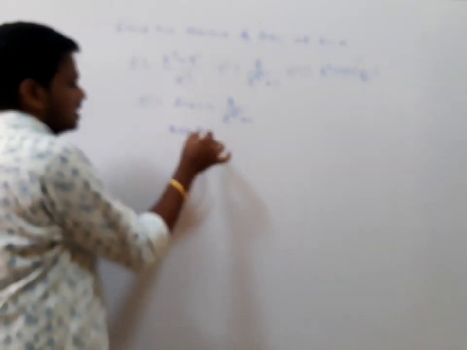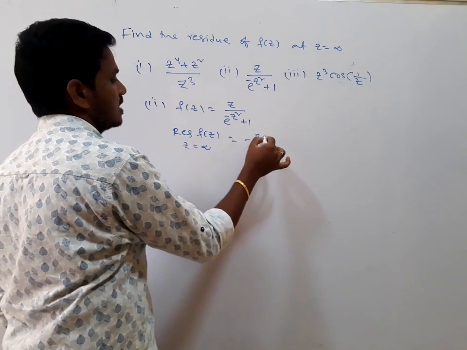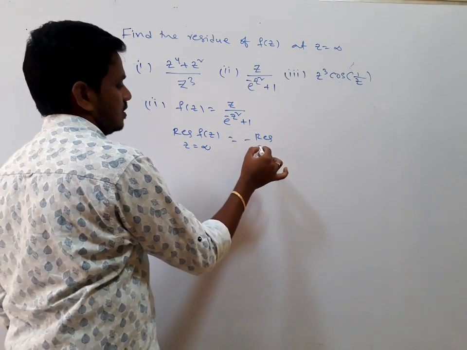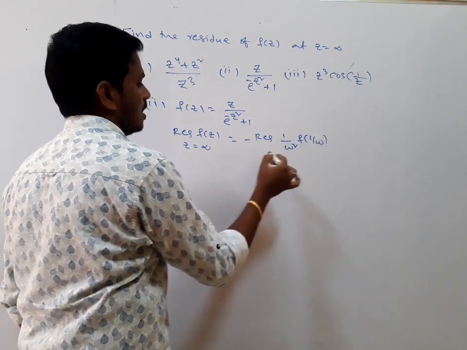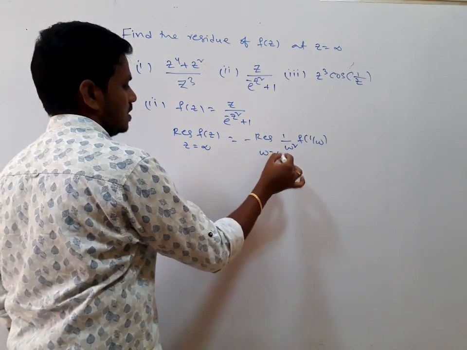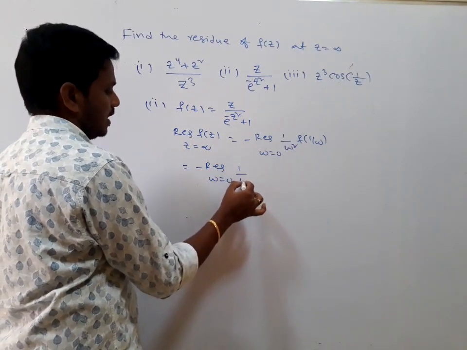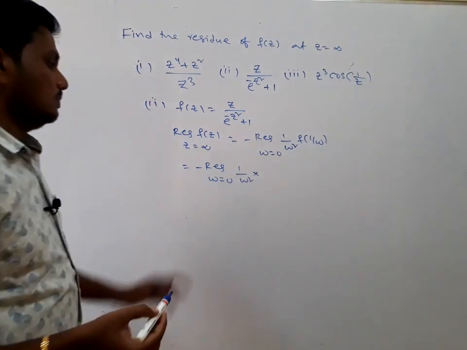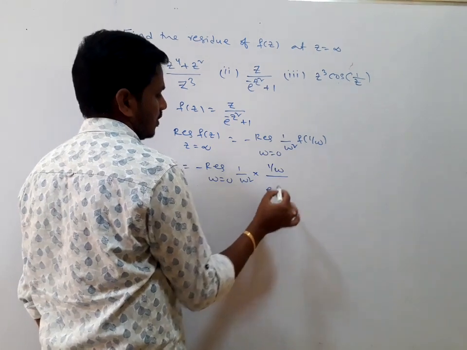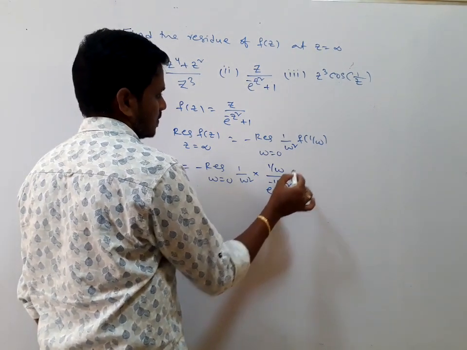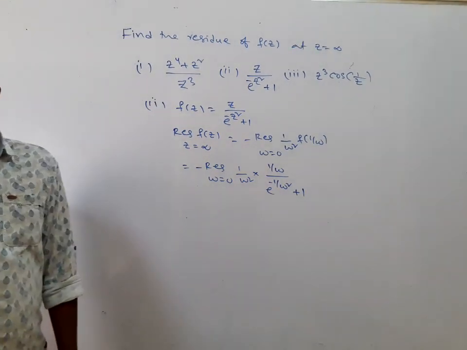The residue of f of z at z equals infinity is the same as minus the residue of 1 by w square f of 1 by w at w equals 0, which is minus the residue at w equals 0 of 1 by w square into z, which is 1 by w. Here it is e to the power of minus 1 by w square plus 1. Right. This can be written as